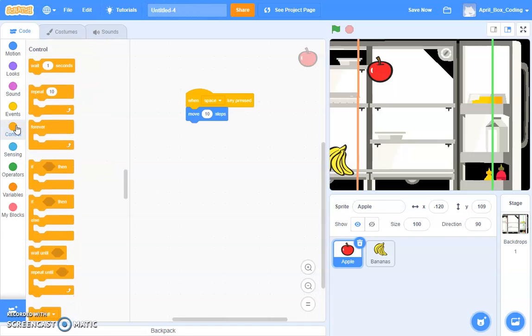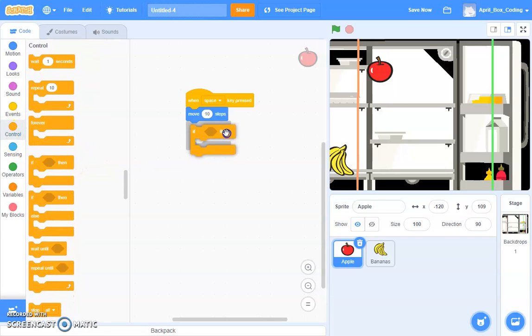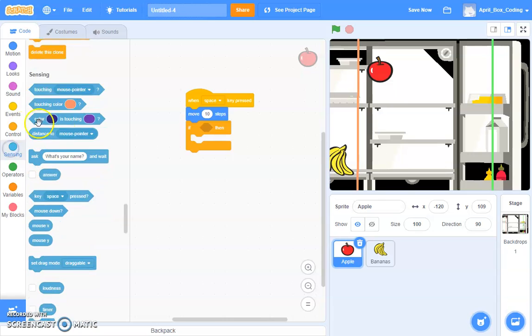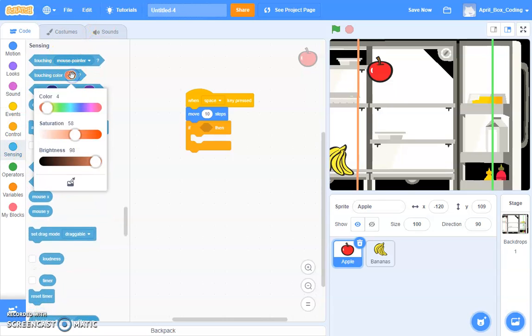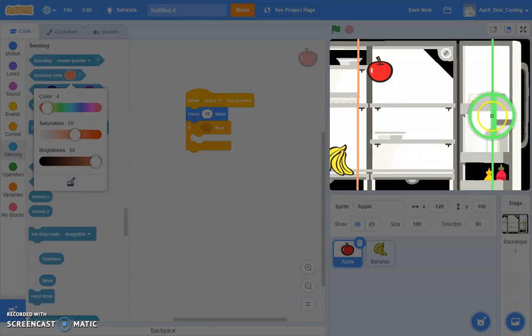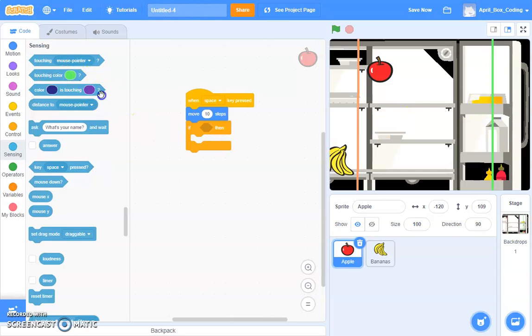So we're going to grab an if then statement, and go to sensing, and if touching color, and you need to click this so you can do this color. If touching colored green, then